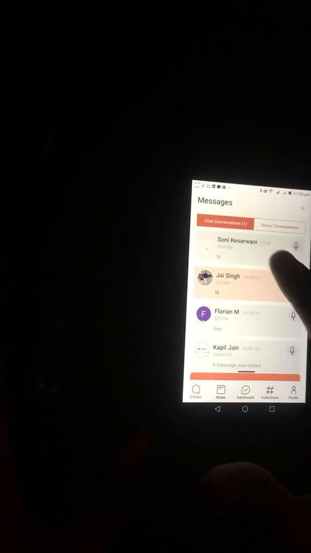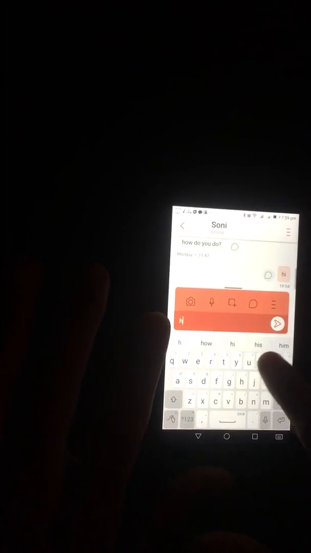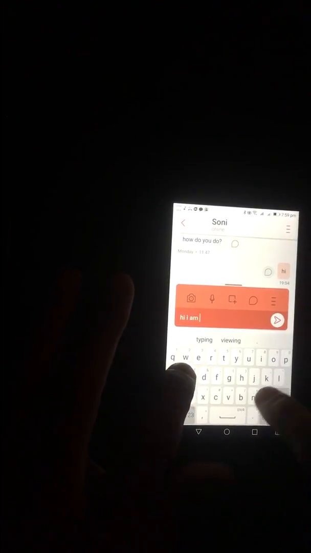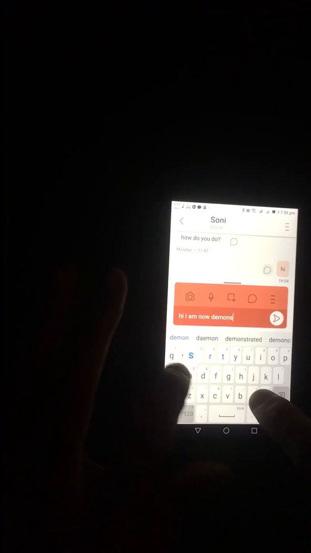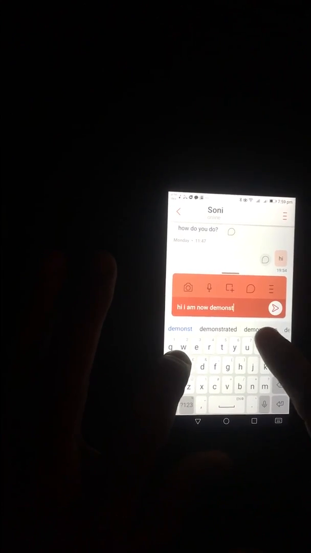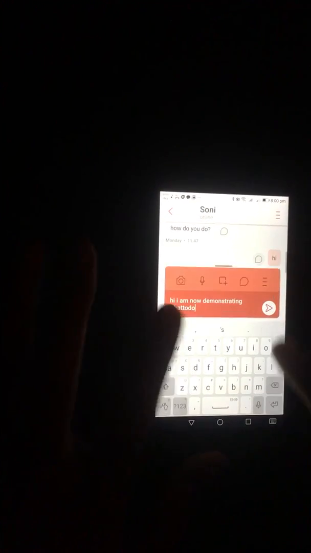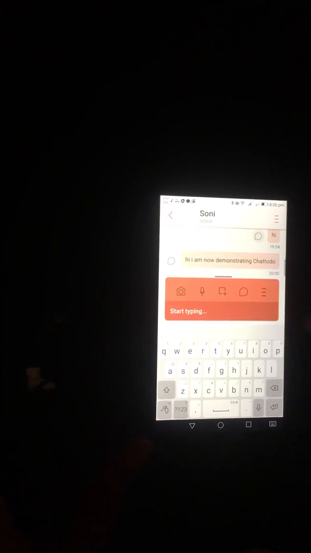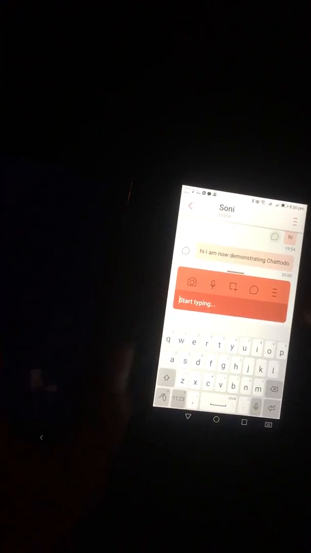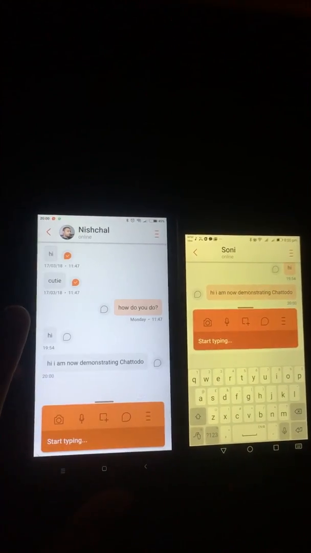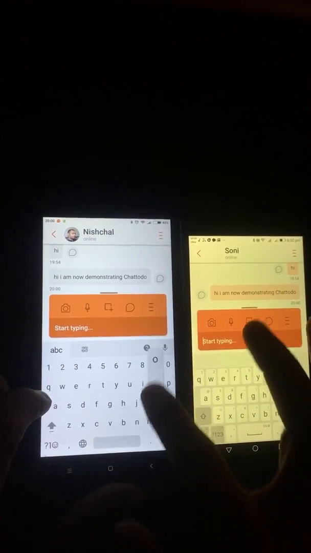Now let's take one user called Soni Kesavani. Let me write a message to her. Hi, I am now demonstrating Chattodo. You see, she has a message. Now she'll say, okay,